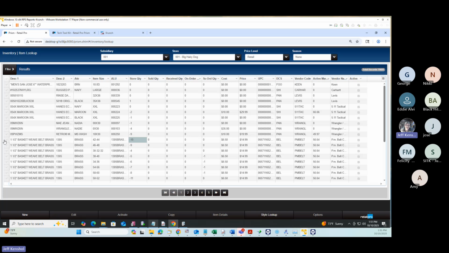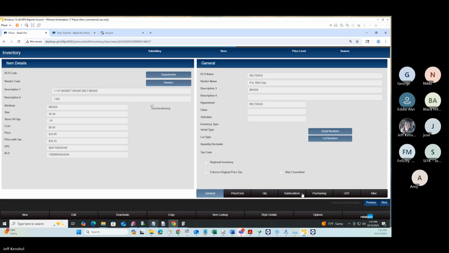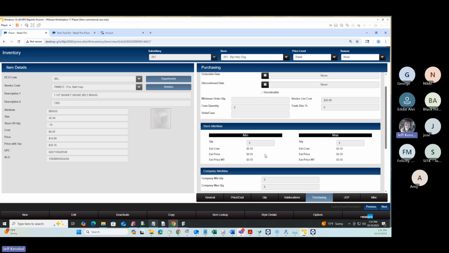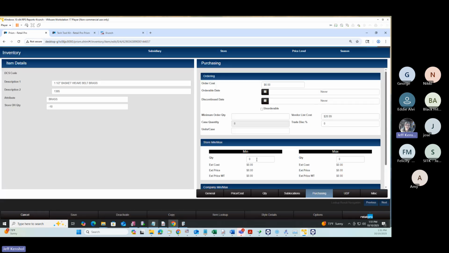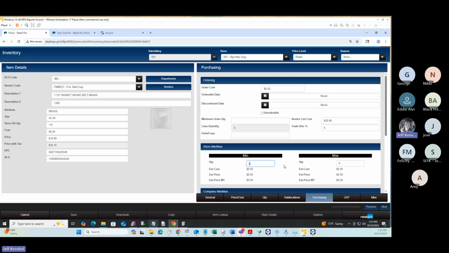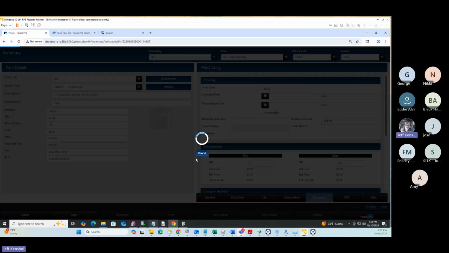But if we were to go into this item and go to details and over to purchasing, we would see that there is a min and max field that we could just type in. So if I said I need to keep 5 of these, a minimum is 5, and ideally I'd like to have 10 there on the shelf, which is probably way too big. But anyway, this would start ordering at quantity 4. At quantity 4, it would be eligible to order when and if you ran the query to say, should I buy some, right? So if we save that, we know that